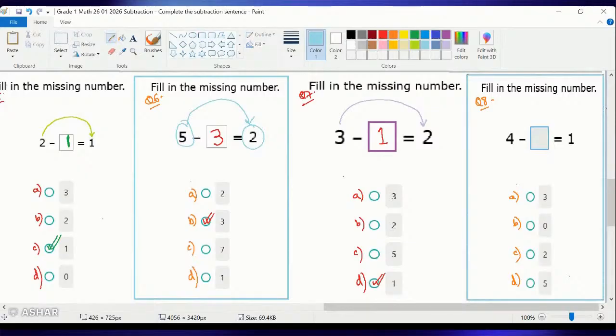Rather than trying to find the answer, what we do is, what is 4 minus 1? No pressure. 4 minus 1. Think again. If you have 4, you subtract 1. You are left with,